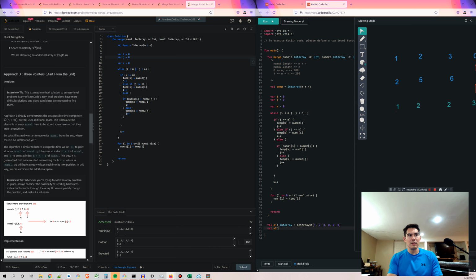Now a2 int array of 4, 5, 6. A1, 6, A2, 3. If merge is not equal to an array of